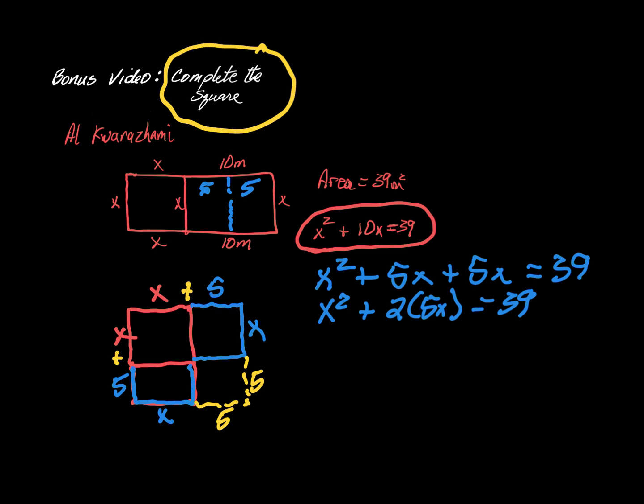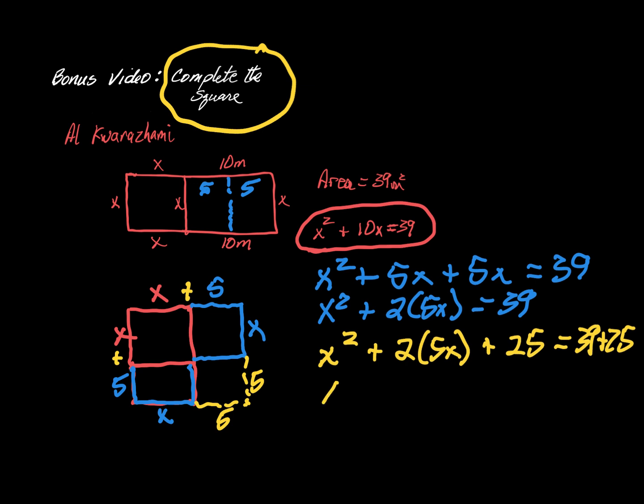Just using geometry. So then with their symbols in algebra, they were able to say, hey, what if this is x squared plus 2 times 5x plus 5 times 5, which is 25, equals 39 plus 25, which then gives us x squared plus 10x plus 25 equals 64. And using our factoring techniques,